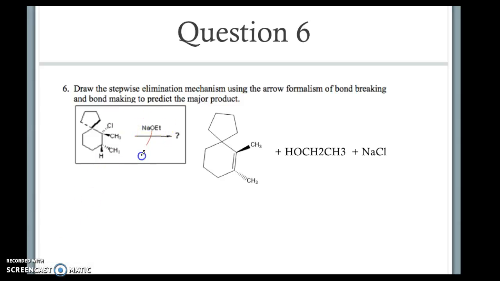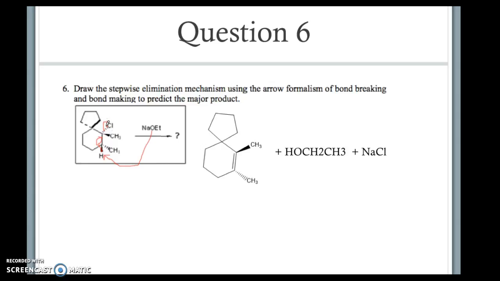So this oxygen will come down and grab this hydrogen. The electron pair in the beta carbon and hydrogen bond then forms the double bond here. And then the leaving group, which is the chlorine, will cleave off, draw my arrow there,